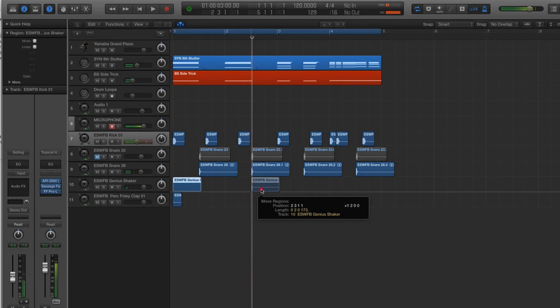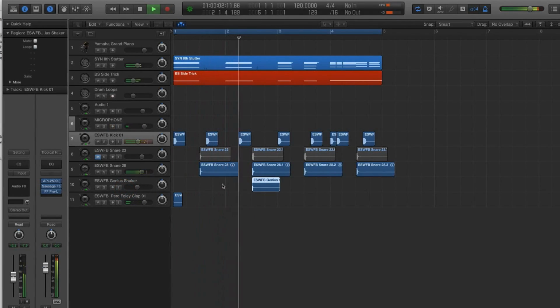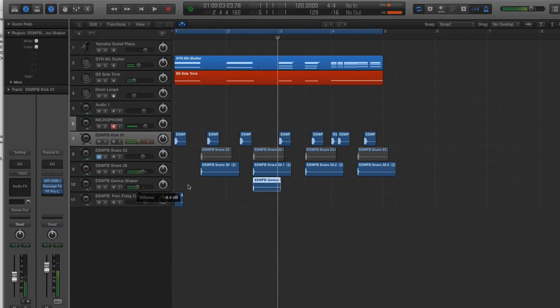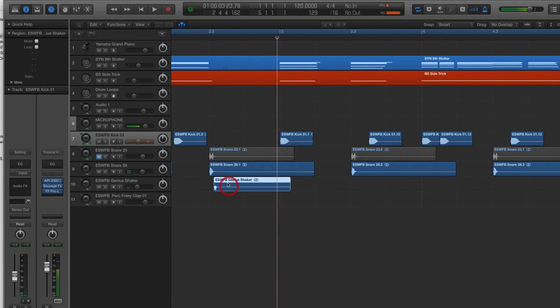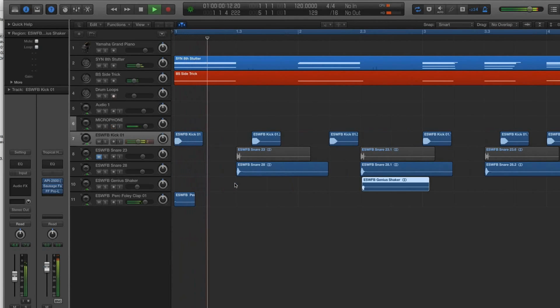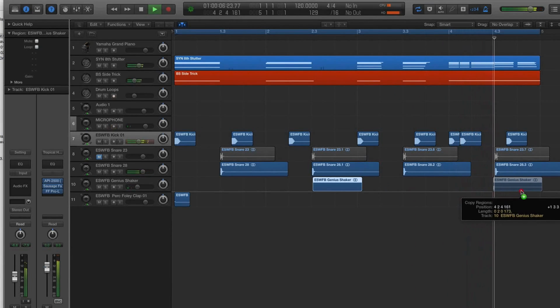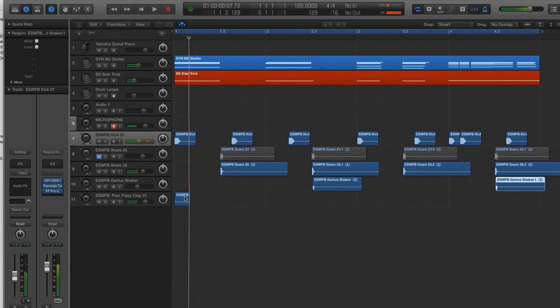It'd be cool to add that little hi-hat sound. Yeah, it's kind of cool. I'm going to add that tambourine to every other snare hit. All right, now with this, let's try getting this so it's...